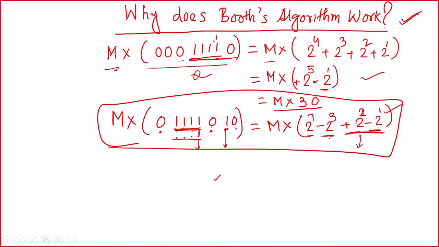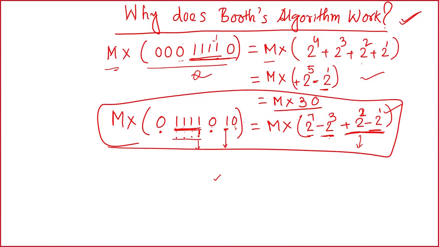So, in the last class we started talking about Booth's algorithm. Booth's algorithm, as we said, helps speed up the process using two techniques. One we already taught in the last class. Today we will talk about one more, that is carry save addition. Before going into carry save addition, we will explore why Booth's algorithm works. In the last class we talked about the topic: why does Booth's algorithm work.